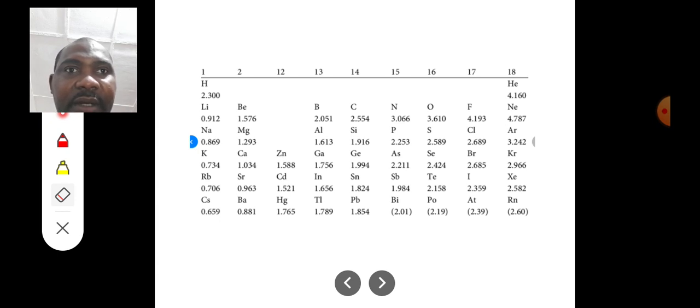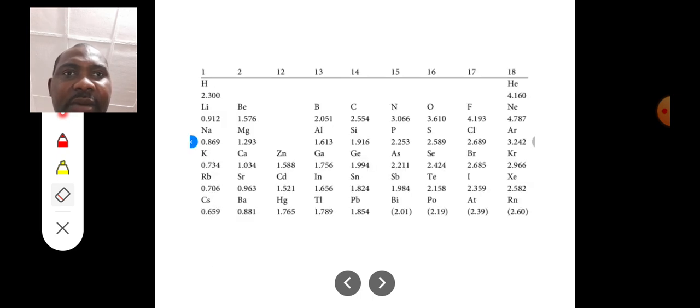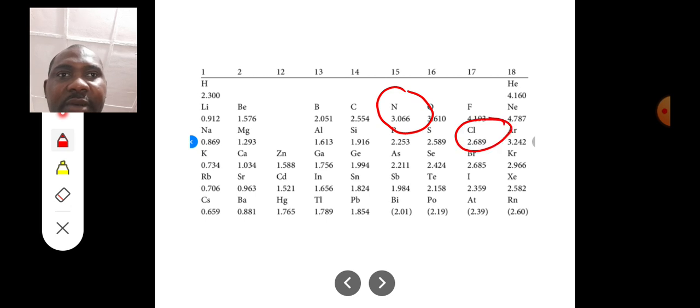So obviously it's not put here. Let's look for another example. Let's see nitrogen and chlorine, NCl3. Let's see the bond there. Nitrogen is this, 3.066. Then chlorine is this, 2.689. So the difference is